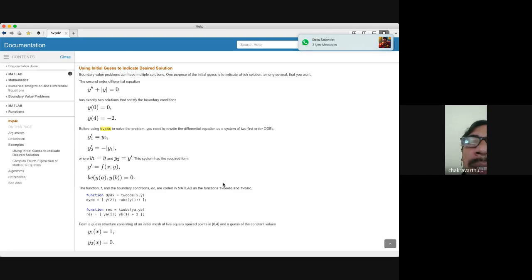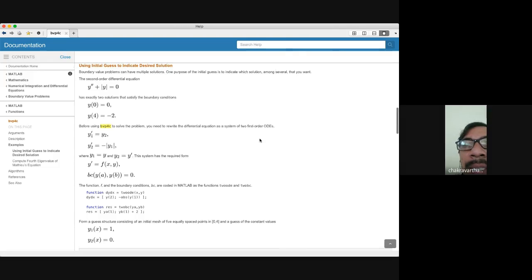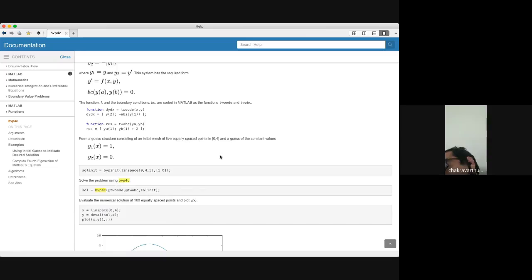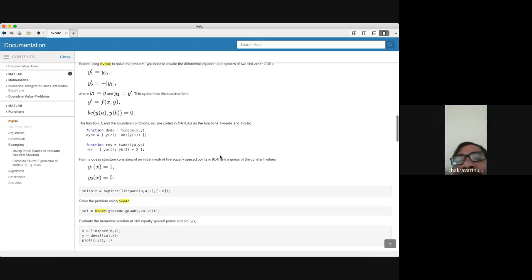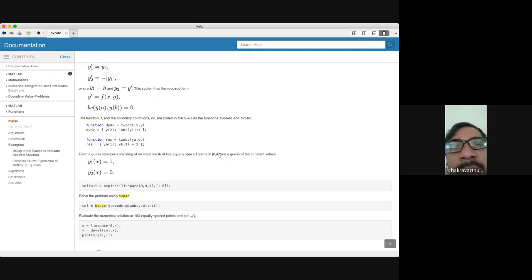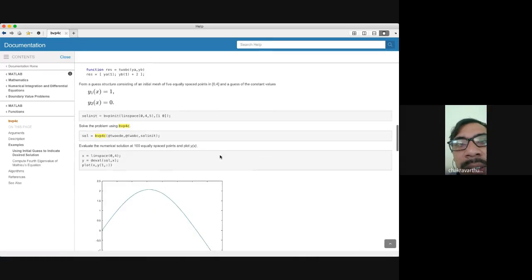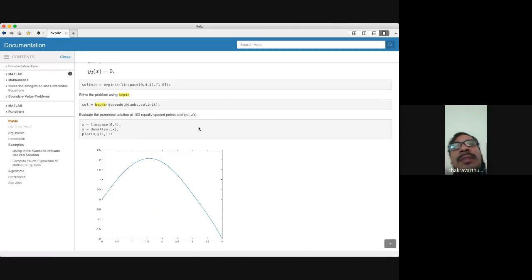Now y2 dash in the sense we are going to get y double dash. So y double dash from the equation we are going to get minus y1. So this is the way we have to convert to the initial value problem, right? The same thing has been expressed in terms of y here in the function. If you just copy and paste it in the command file folder, automatically it is going to give you the solution of that particular non-linear equation. I hope it is understandable. I think now this is for the non-linear differential equation solver as well.